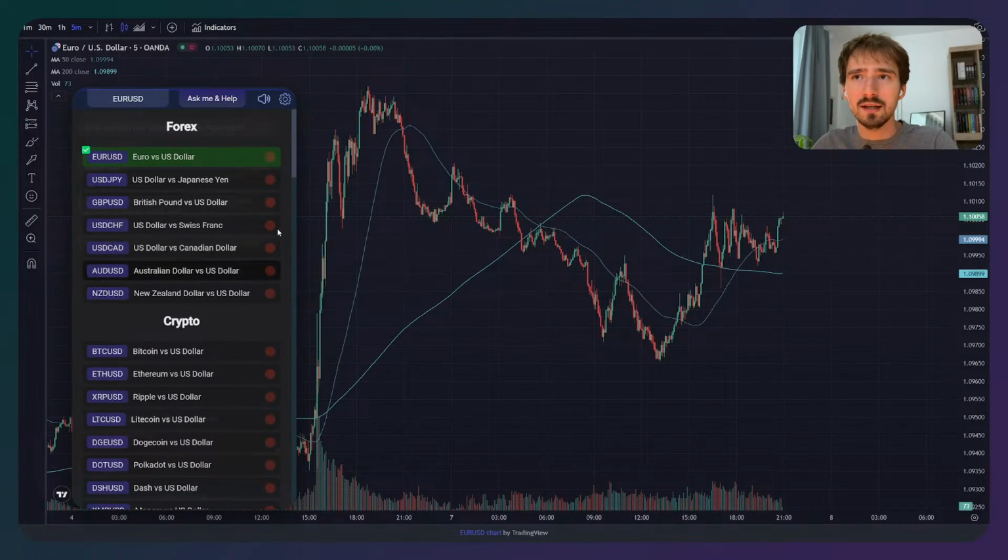And now, as you can see, there is this button over here, this little, I would call it LED, like a signaling light. What it allows you to do is select the markets that you want the AI to look at. So if I click on it, as you can see now, it turns green. And when it's green, it means that it is already checking the market and looking for